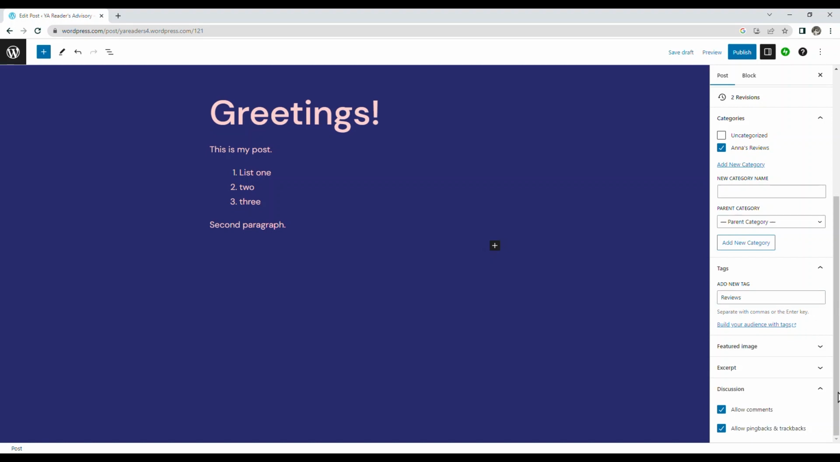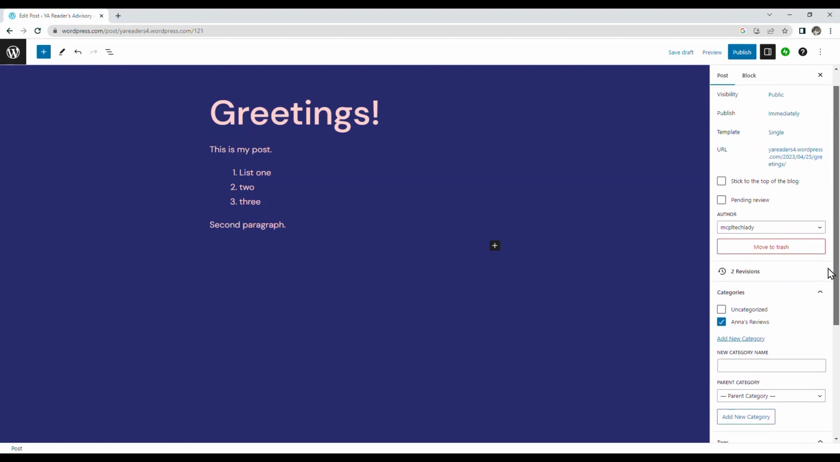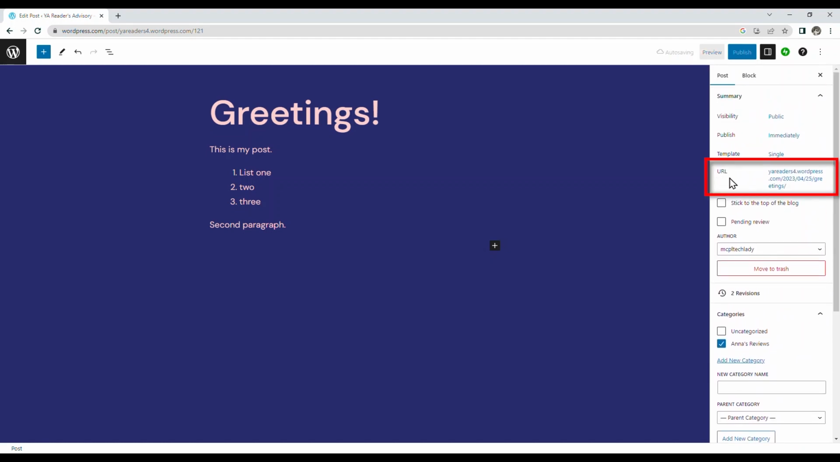There are also a couple more really useful tools listed in this menu. If I click Discussion, I can check or uncheck whether I want people to be able to comment under this post. So remember when we were looking at the preview, there was that reply option. This is where I can enable or disable that option for a specific post. I can also see what the URL is going to be for this published post,